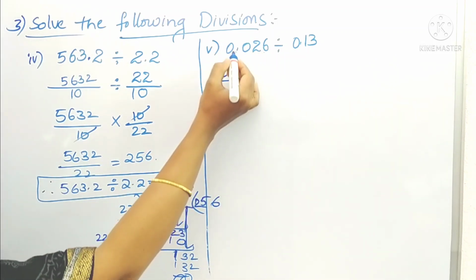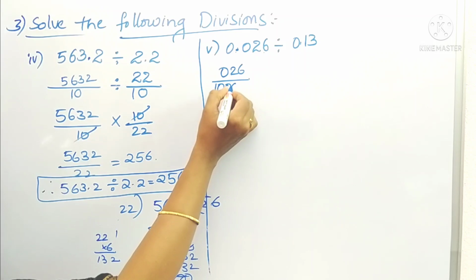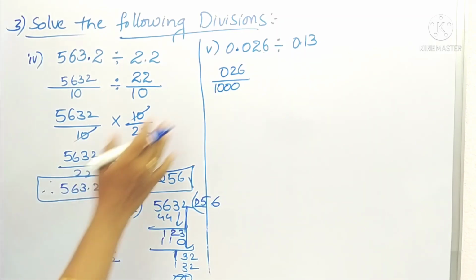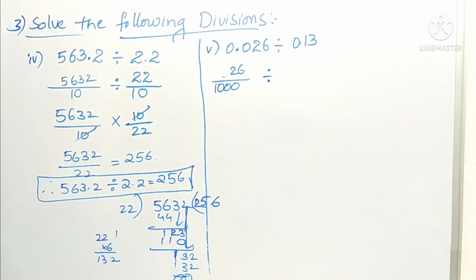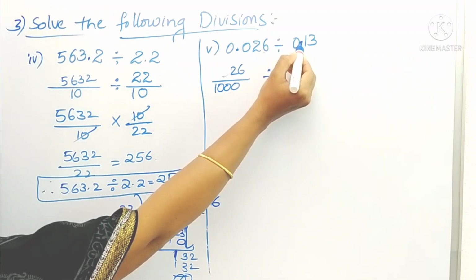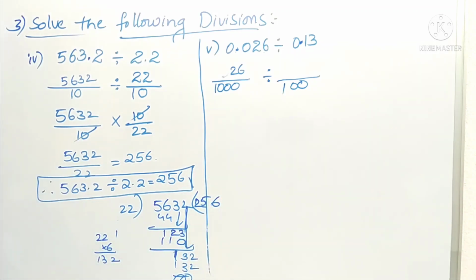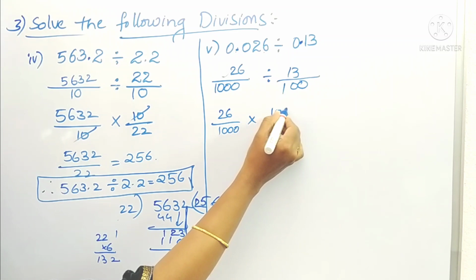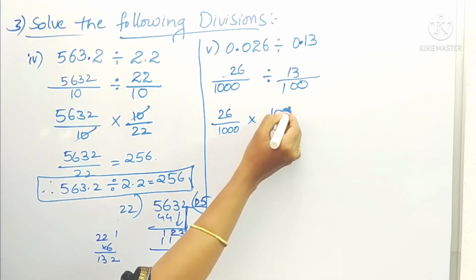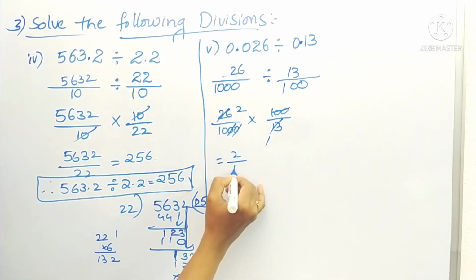So here 3 digits are there after the decimal point. So I can write 3 zeros in the denominator after 1, that is 1000. So there is no value, right? So 26 by 1000 divided by, and here 2 digits are there after the decimal point. So write 2 zeros, put 1 in the denominator and write the number without the decimal point. So now 26 by 1000 into the fraction will get reversed. 2 zeros and 2 zeros will get cancelled, 13 ones are 13 and 13 twos are 26. So finally it is 2 by 10.